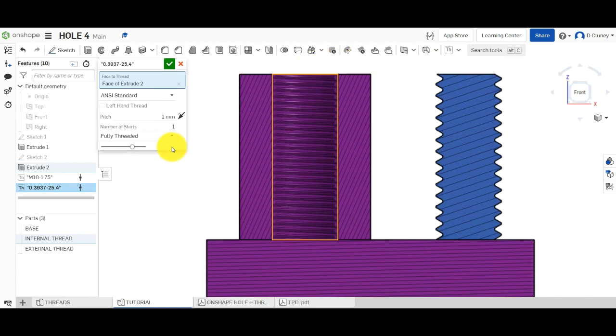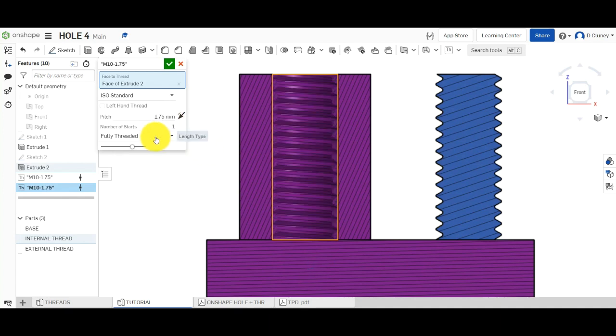basically an internal thread, as you can see, and I've got my standard in here, so you can go to the standard you want. We can decide on the left hand or right handed, will be unticked. We could decide on the pitch, and again you've got all the same options in here. So if you wanted fully threaded, or you wanted to decide actually I want to do 10 turns of that pitch,